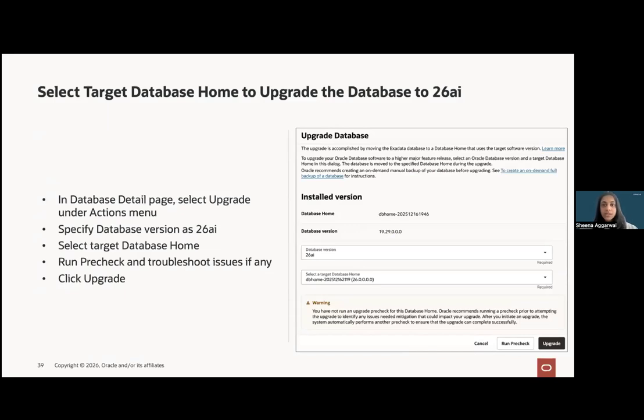Now, how you do this is you can go to the database details page. You select the upgrade under your actions menu. You specify the database version to 26 AI. You select a target database home. So, this is how you do it using the console. You can run a pre-check. If you look at the bottom right here, you will be able to see the pre-check